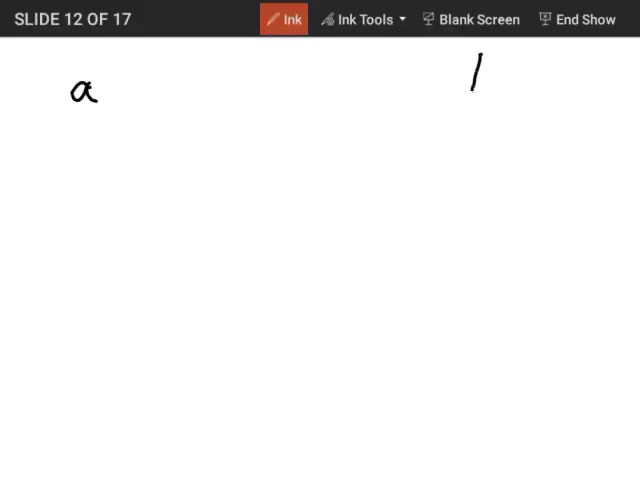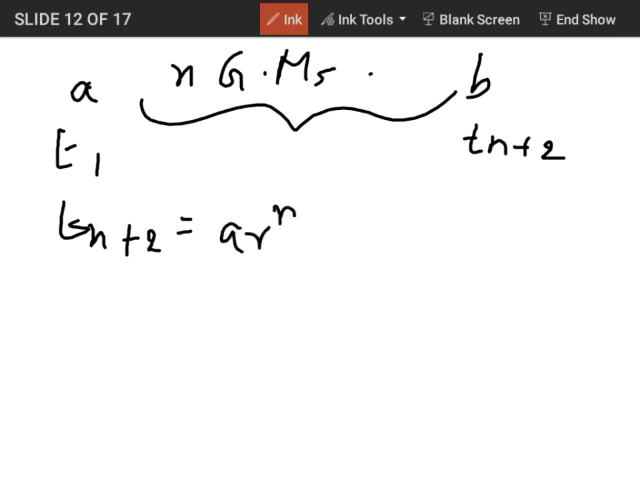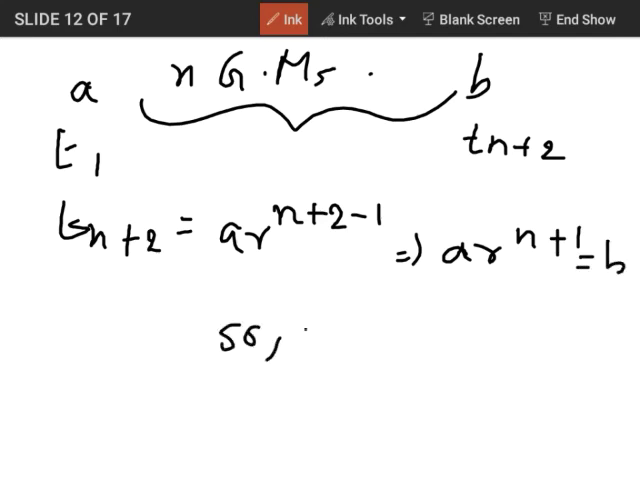Now what if n number of geometric means are there? Very simple to make, very simple to understand. See, again, take a and b, and there are n GMs or geometric means in between them. So b, now again, if I take a as t1, this will be t(n+2), and if I want to write t(n+2), I taught you the general form of a GP. This will be nothing but ar^(n+2-1), which will be ar^(n+1) is equal to b. So r^(n+1) would be b upon a,